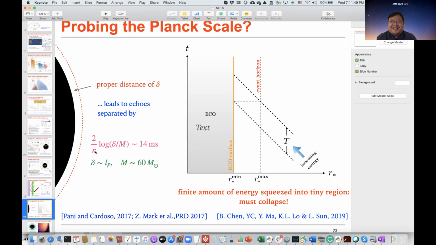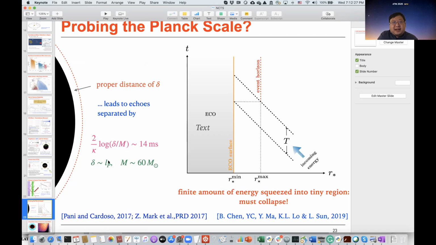It's 1 over the mass. Therefore, at the end, this is the mass of the black hole times the log of the proper distance of the reflecting location divided by the mass of the black hole. So what does it mean? The log is very intriguing, right? This log is very important in various aspects of black hole physics. If you ask about Hawking radiation and Unruh effects, it's all related by the fact that when you go close to the horizon, you have this logarithmic behavior.